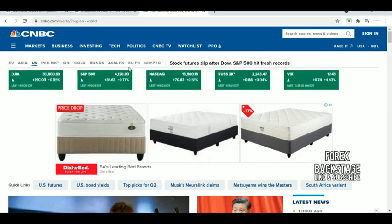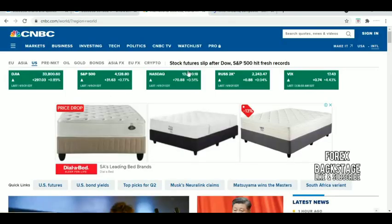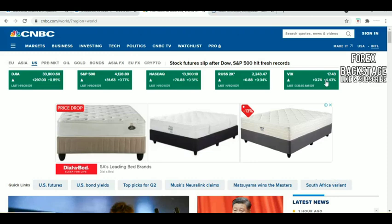Or another one is, they tell you to go to the Nasdaq market and see if it has those companies, because I'm not sure if it is the companies. But anyway, they tell you to create a watch list. They tell you to put companies like Tesla, Apple, Facebook, and all those companies. And if all those companies in the Nasdaq watch list are red, they tell you to sell, right? The reason why that thing is complete utter nonsense,